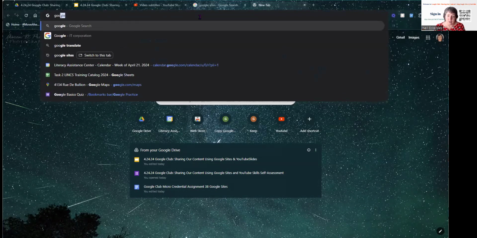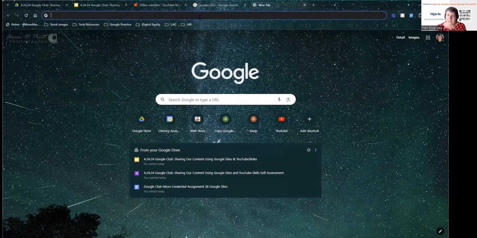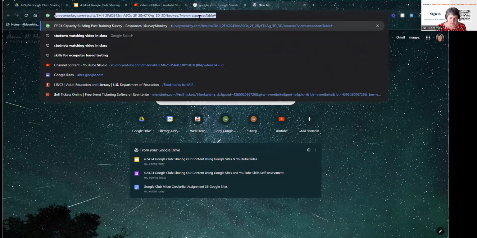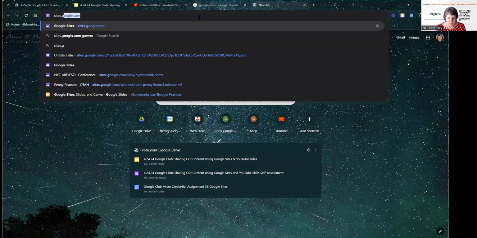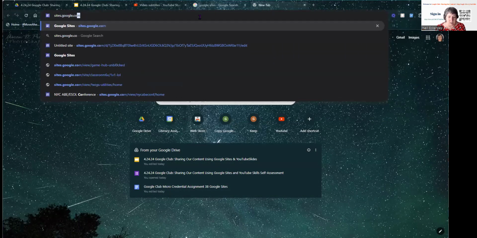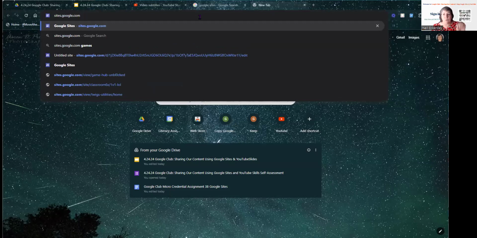Pretty much every tool, I won't say every, but the majority of Google tools, we can get to by typing the name of the thing. So in this case, sites.google.com. This is a rule: mail.google.com, docs.google.com,